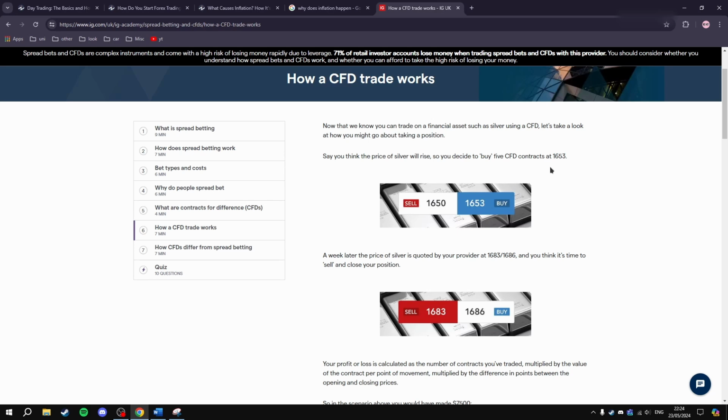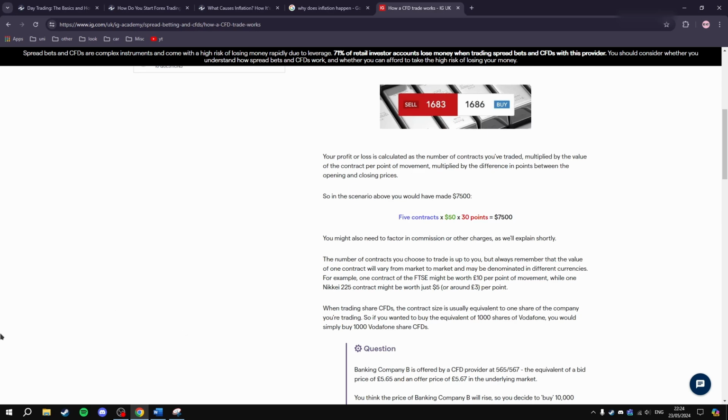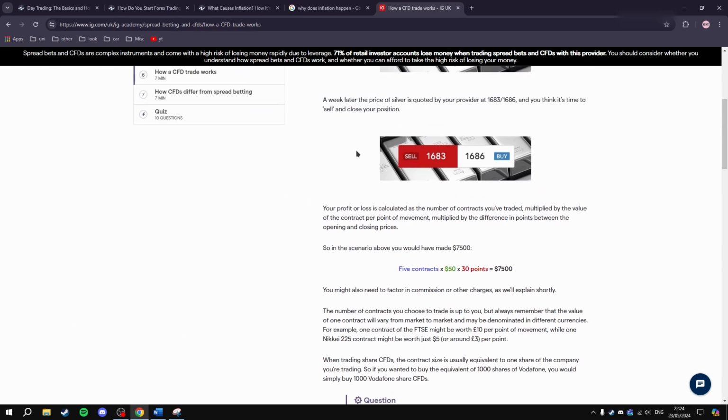Your profit or loss is calculated as the number of contracts you traded, multiplied by the value of contract per point of movement, multiplied by the difference in points between the opening and closing prices. So in this scenario, you would have made $7,500 because 5 contracts times by $50, which is